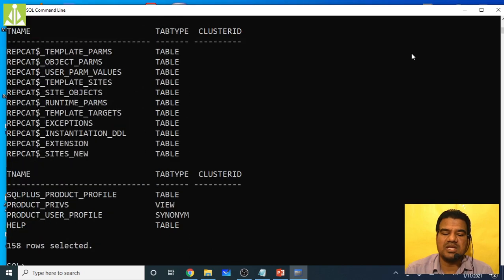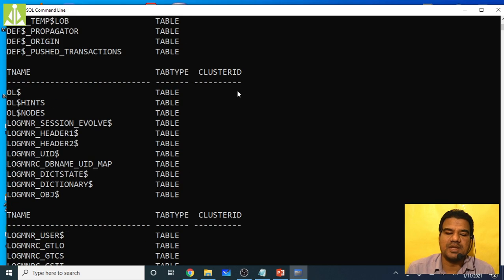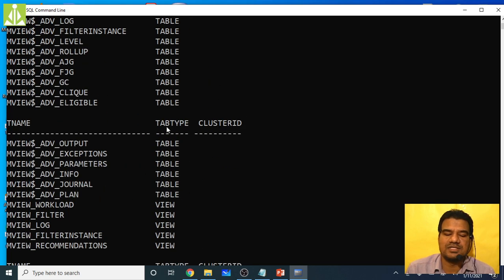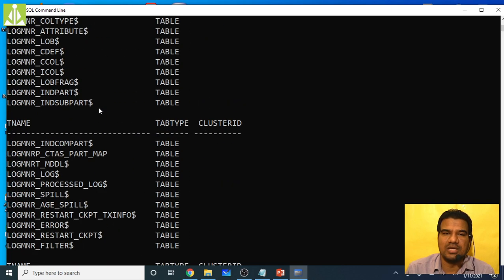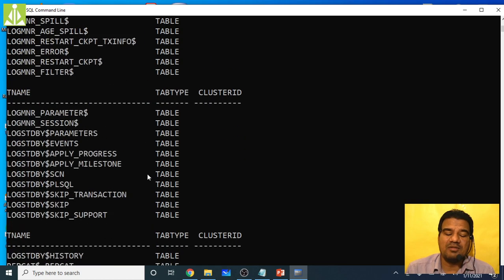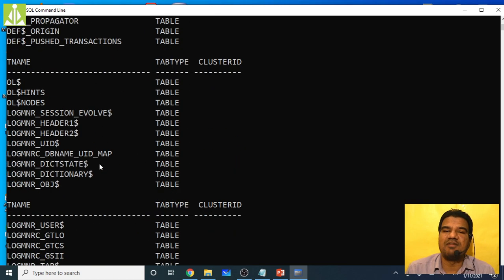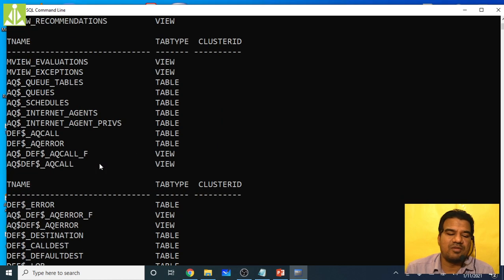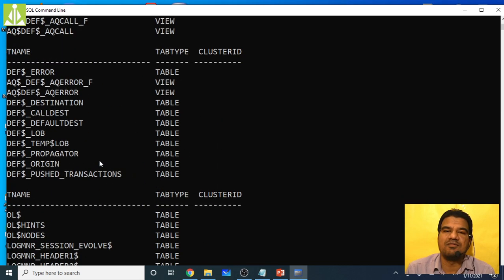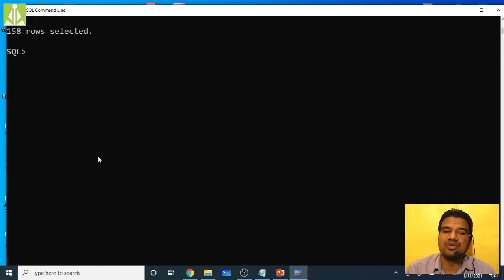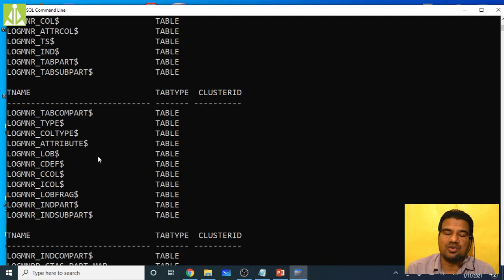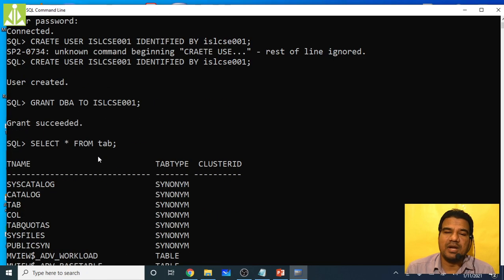See, these many tables and these many views we have inside the administrator. So if I create a particular table, let us assume with the name employee, my table will also integrate with all this predefined stuff. It will become very difficult for me to search for that table or to see my work progress. That is the reason we have created our own user, to avoid the confusion and ambiguity with the predefined user.